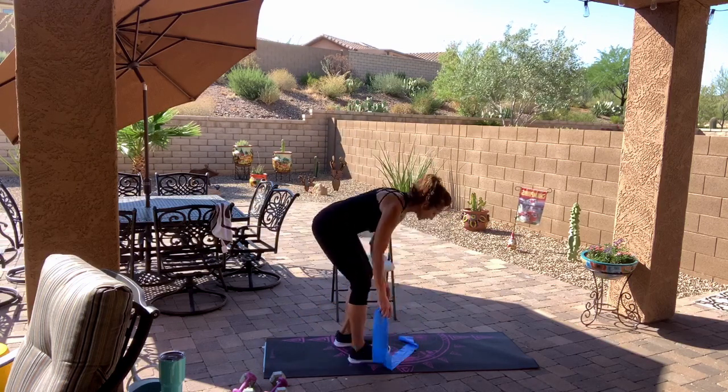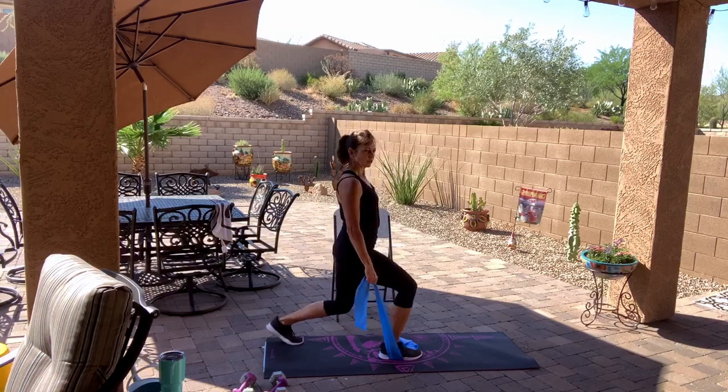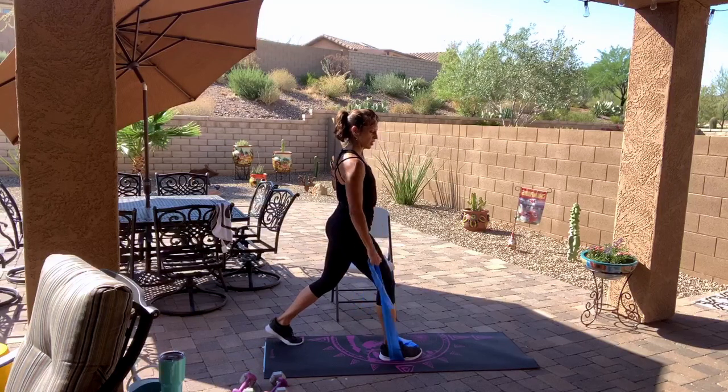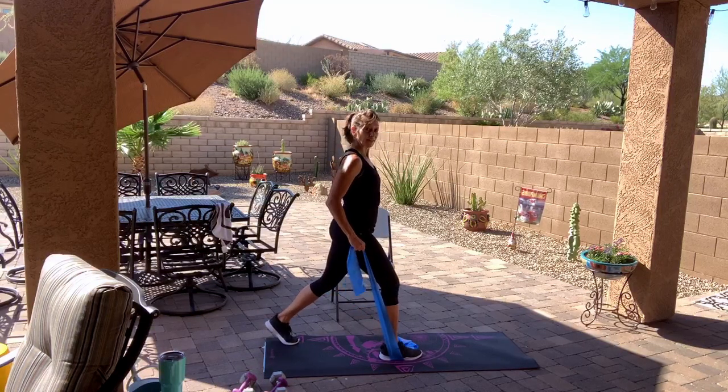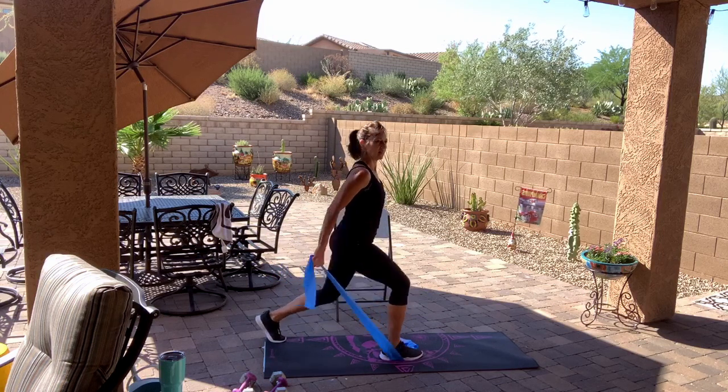So make sure you get a good stance on that band, nice and tall. Check your range of motion for your lunge. Pull the elbow back, and here we go. Down, 1, down, 2,